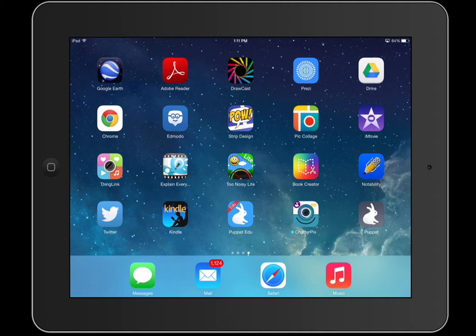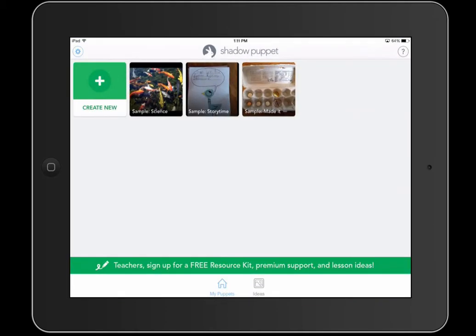So if you notice down in the lower right-hand corner of my screen, you've got the Shadow Puppet app, but if you look over to the left just a little bit, you'll see there's a Shadow Puppet EDU. So I'm going to launch that EDU one because that brings some interesting and new ways to search for images for teachers and students. To create one of these slideshows, you just click the Create button in the upper left-hand